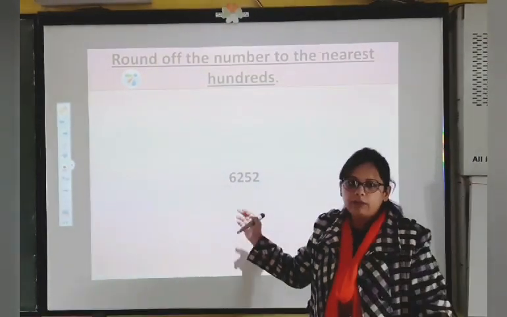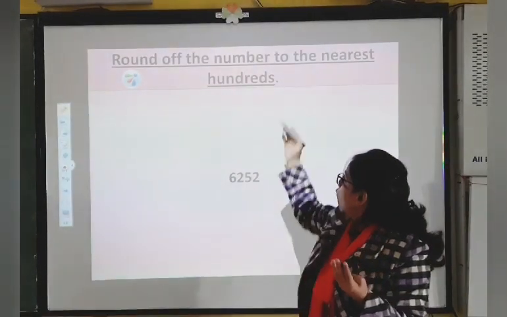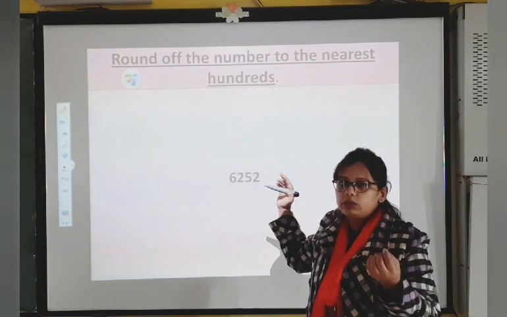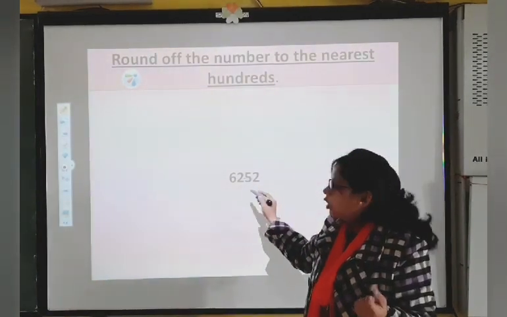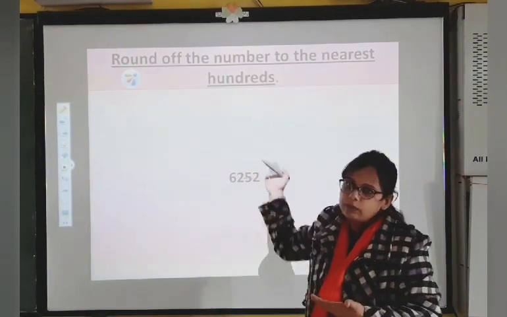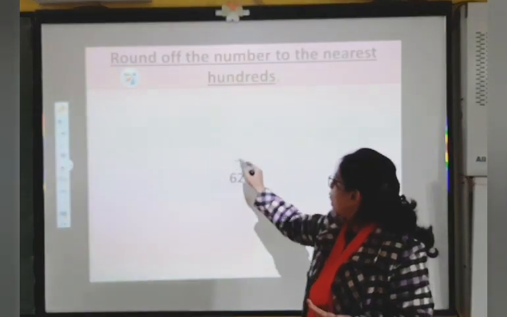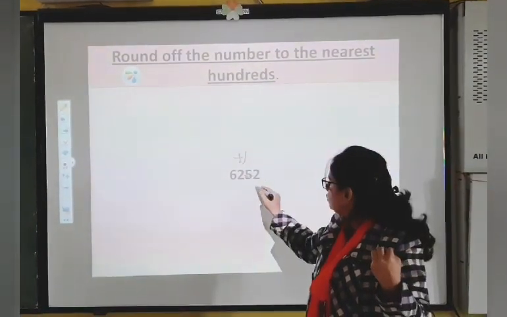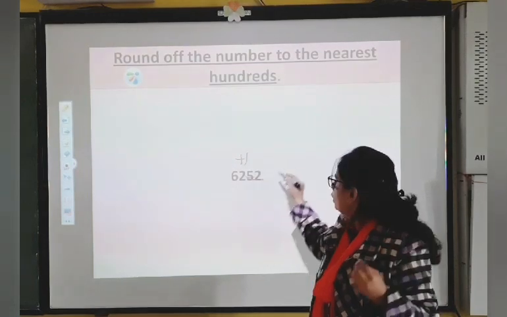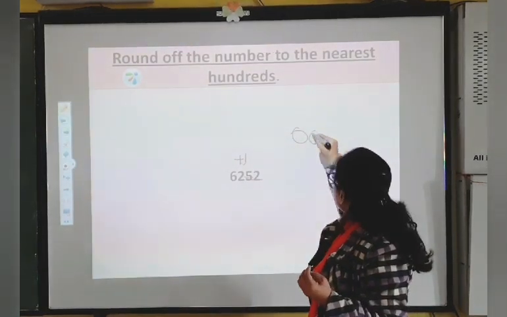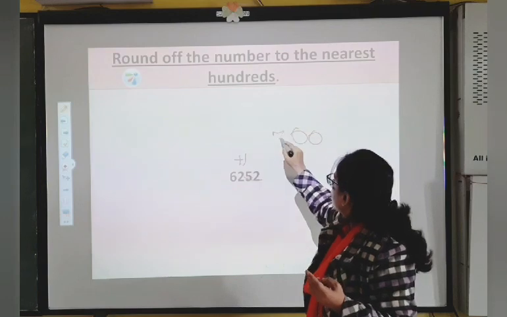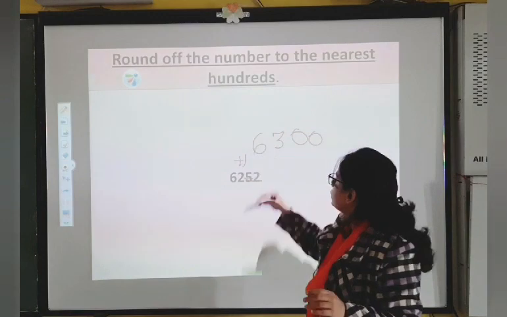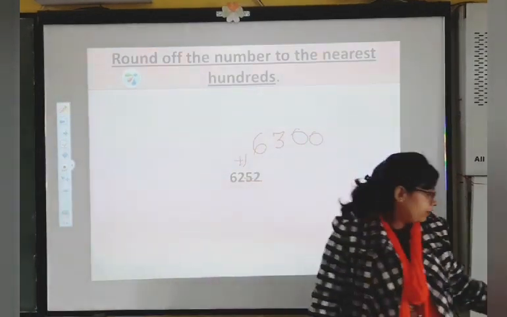One more example, children, for a 4 digit number, again for rounding off to the nearest 100, you have to look at the digit on the tens place, that is 5. Now if the digit is 5 or more than 5, you have to add 1 on the 100 place. So add 1 on the 100 place, and in 100 there are two 0s, it means from the last 2 digits you have to convert these 2 digits to 0. Now 2 + 1 is 3, and the digit on the left side will remain the same, so it will remain 6 only. The answer will be 6300.